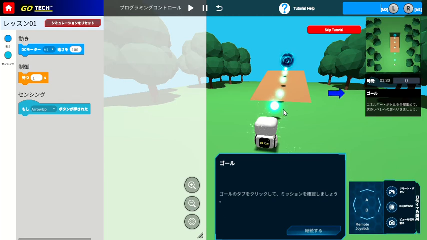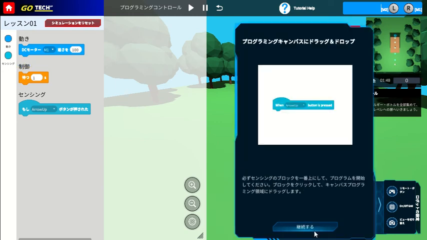Once you collect all the energy portions and go inside the portal door, you will proceed to the next level, which is level number 2. This one is the motion block. This one is the block of the programming. So you have motion. I will teach you one by one how to write the program.